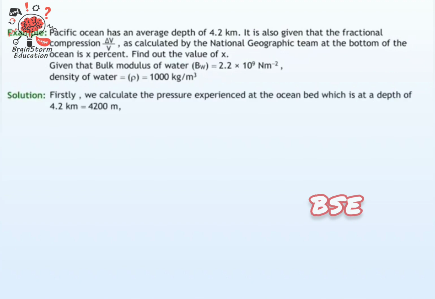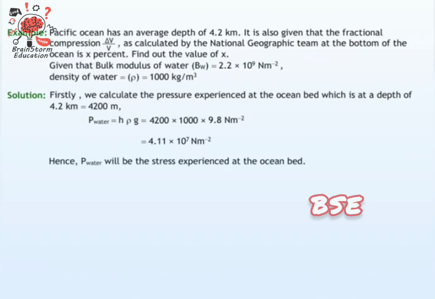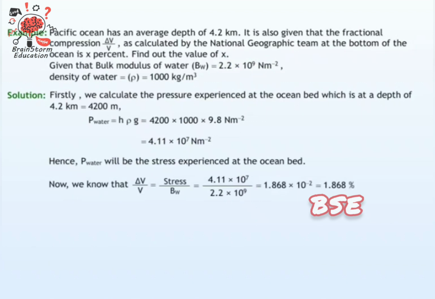Solution. Firstly, we calculate the pressure experienced in the ocean bed, which is at a depth of 4.2 kilometers equals 4,200 meters. P water equals H rho G equals 4,200 into 1,000 into 9.8 equals 4.11 into 10 raised to 7 newtons per meter square. Hence, P water will be the stress experienced at the ocean bed. Now we know that delta V by V equals stress by BW equals 4.11 into 10 raised to 7 by 2.2 into 10 raised to 9 equals 1.868 into 10 raised to minus 2 equals 1.868%. Hence, the value of X